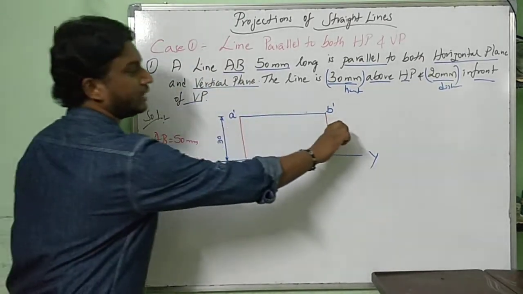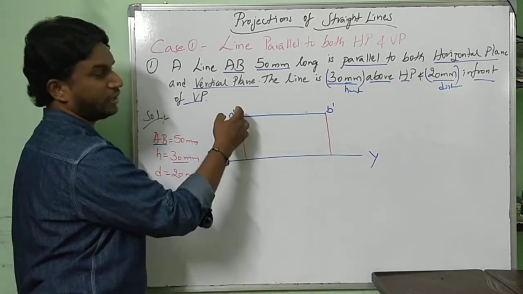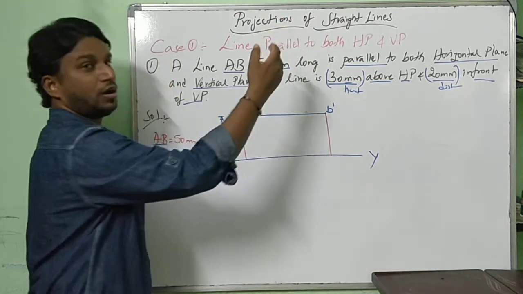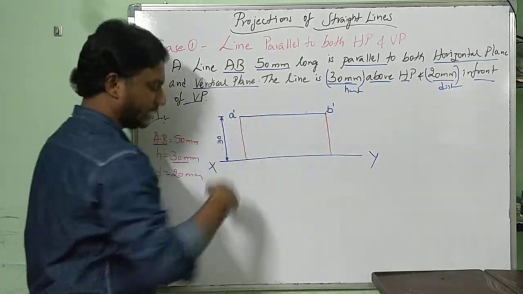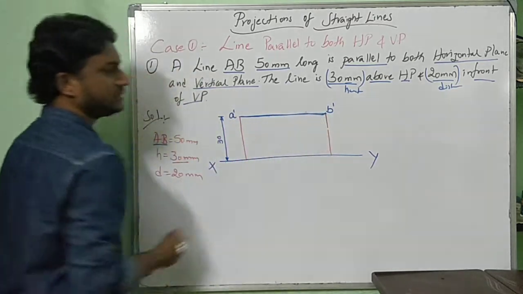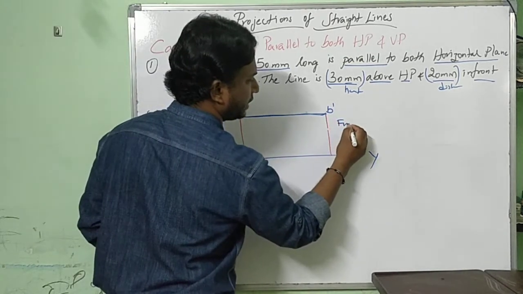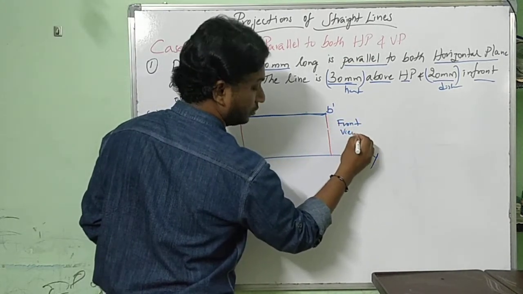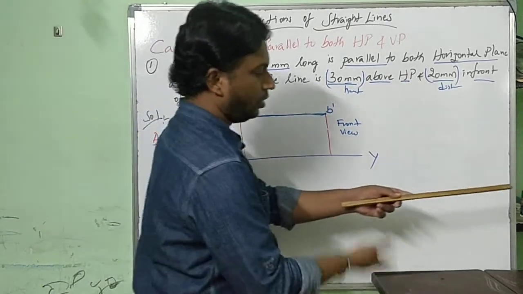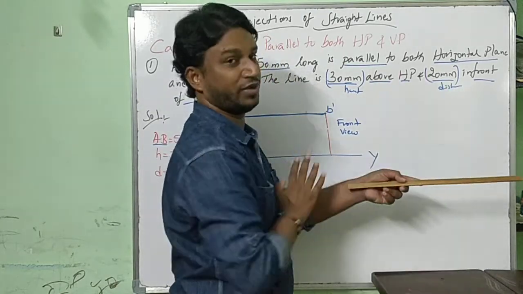Here it is 30, here it is 30. You can start anywhere. Put a point here, draw a 30 mm line. Now from here, measure 50 mm, put a point, draw another 30 mm line. Now join those 30 mm lines with a thick line to show A dash, B dash above the XY line, which is the front view. Above the horizontal plane, the same height we have drawn, 30, 30. We have finished the front view.